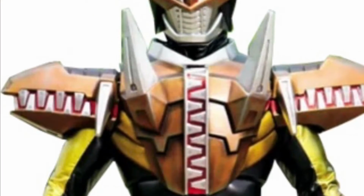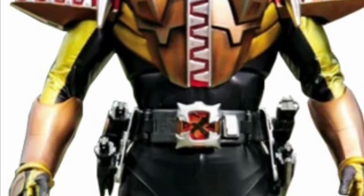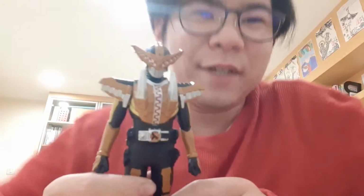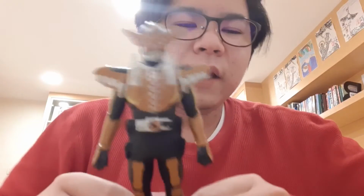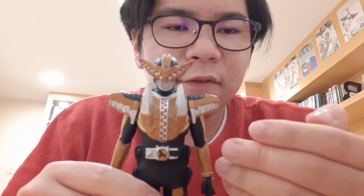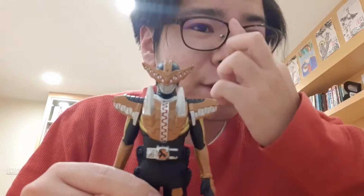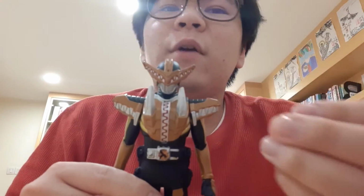Number 8, Kamen Rider Gao from Kamen Rider Den-O Ore Tanjou. At number 8, my first villain Kamen Rider, Gao. Yes, I got the figure because I'm a Den-O fan, as you know. Oh, maybe not. Well, okay. What I like about this is that he's a villain, so it's already obvious that he looks like a villain. Besides Momotaros, what kind of hero would have all these